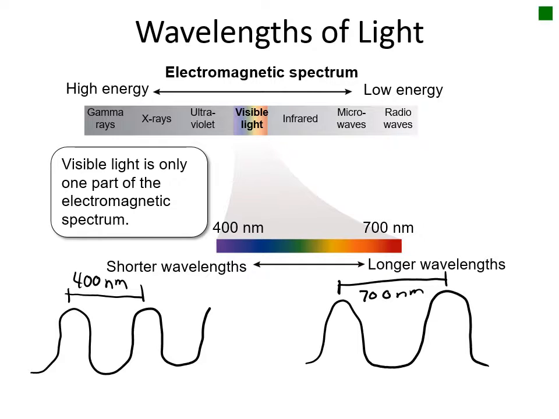The shorter the wavelength, the more energy that photon of light contains. This can be observed by looking at the classification of light waves on either end of the visible light spectrum. Examples of light waves shorter than 400 nanometers are things such as UV light and X-rays, which are known to damage cells and tissues, while light waves bigger than 700 nanometers include things such as microwaves and radio waves, which